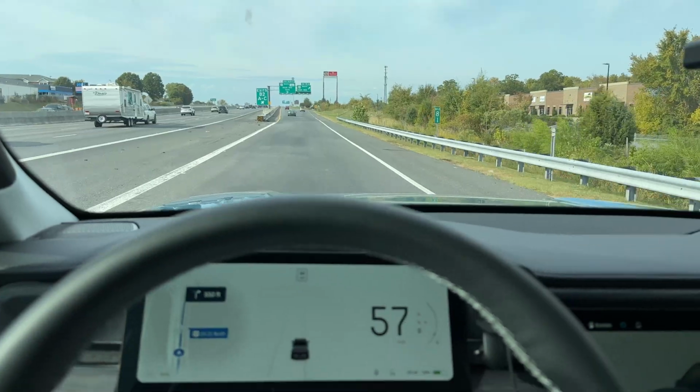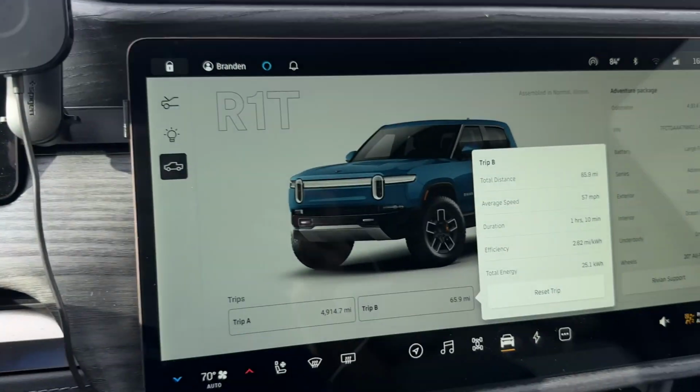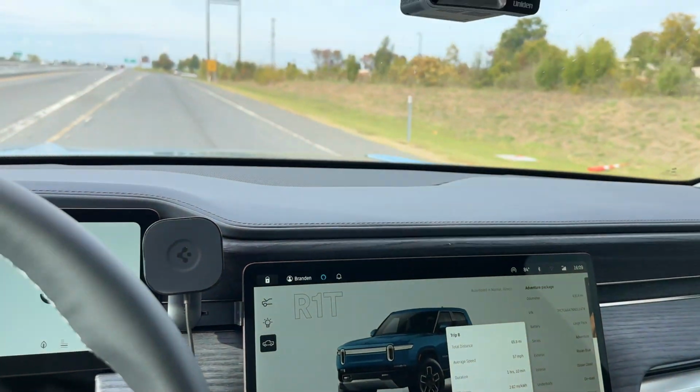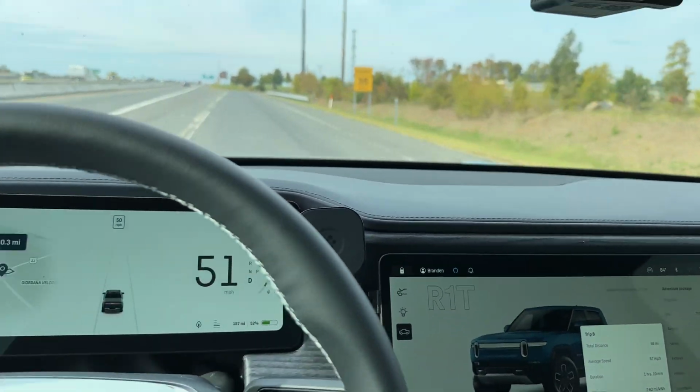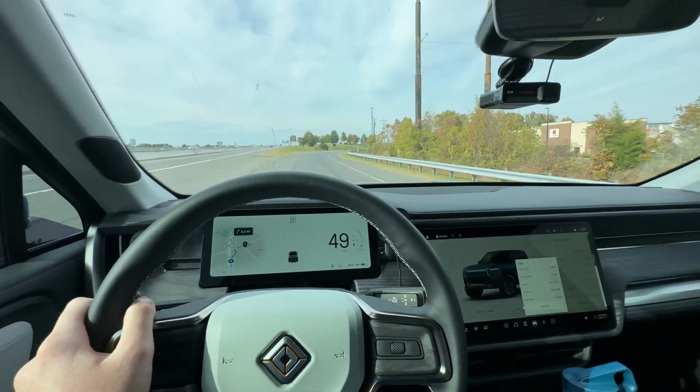So I think we'll probably average like 2.55 miles per kilowatt hour, but we'll find out when we arrive back. And just pulling off here, just kicked it off at 61 miles an hour. We're at 52% state of charge, 2.62 miles per kilowatt hour. We'll be pulling into the charging station here in just one moment. And I'll update you guys as far as what the results end up being for the 60 mile an hour